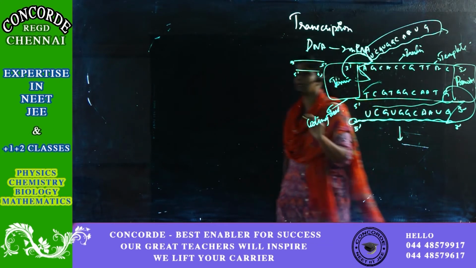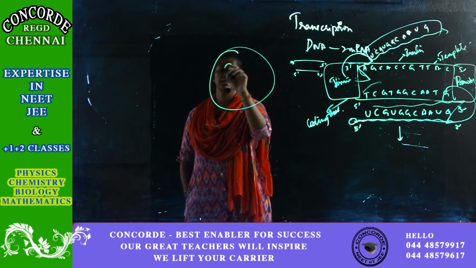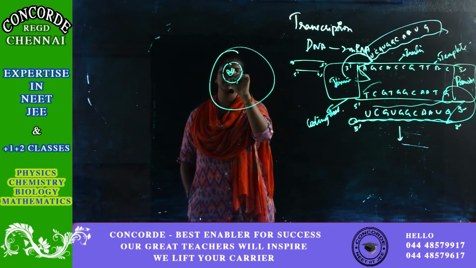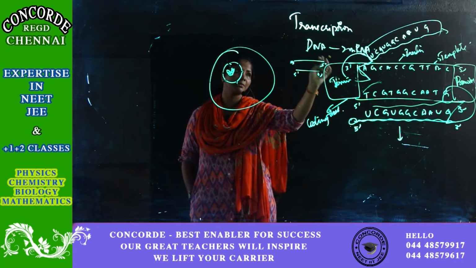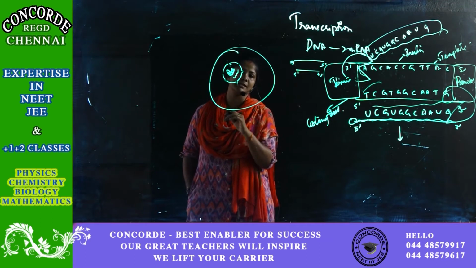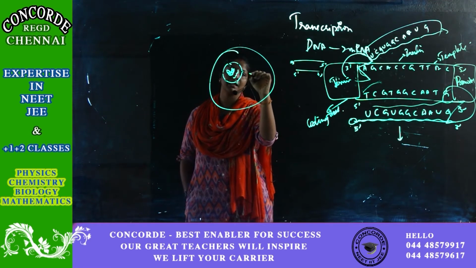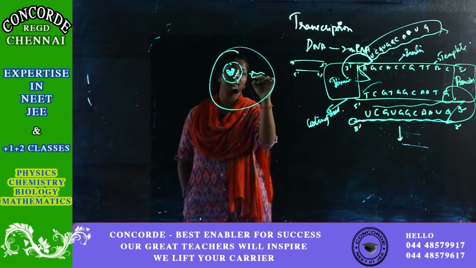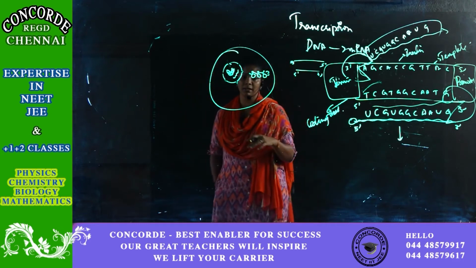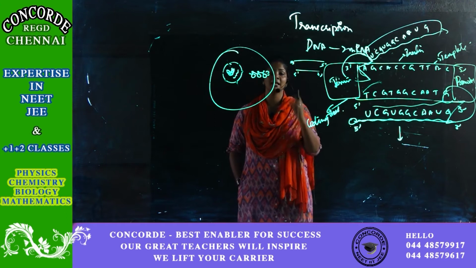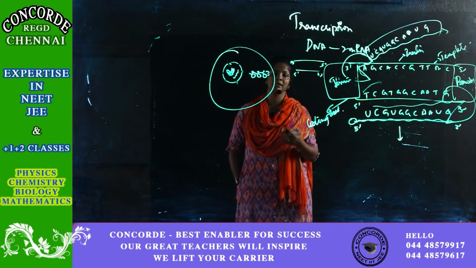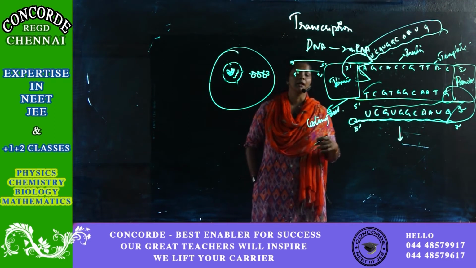I'll explain it here in a diagrammatic way. If you see, this is a cell, this is a nucleus, nucleopores. DNA is inside, correct? So this process of transcription, that is DNA to mRNA, happens inside the nucleus. After this, the mRNA comes out through the nucleopore, and here only translation will happen. So transcription happens inside the nucleus, translation happens outside in eukaryotes. In prokaryotes, both transcription and translation happen only in the cytoplasm. Clear? Now I got my mRNA.